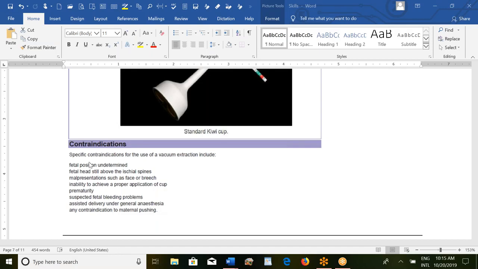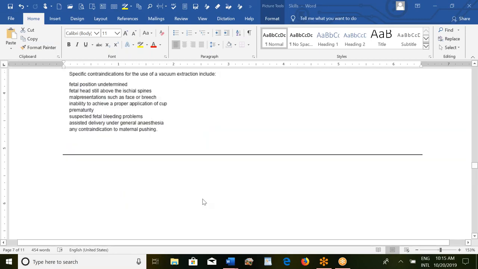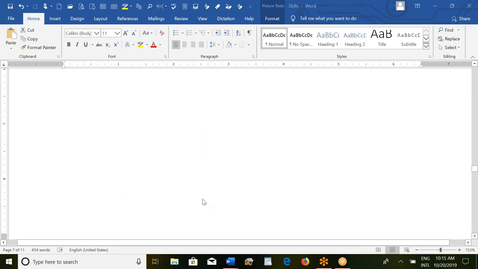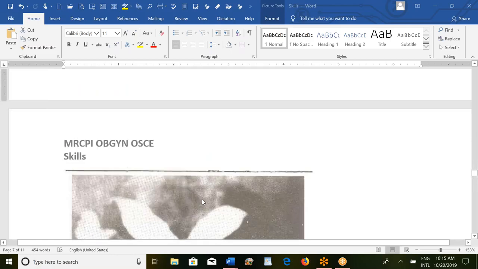So it will be a contraindication for using vacuum extraction if the patient is under the effect of GA, because she won't be able to push, and we need her to push if we are doing a vacuum extraction. Then if she has any contraindication to maternal pushing, like in cases of class 3 and class 4 heart disease,